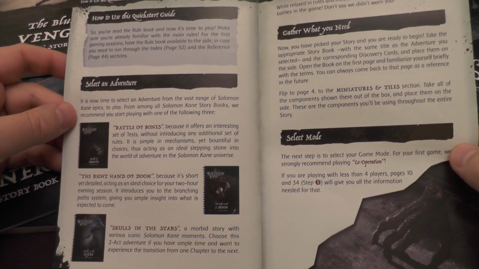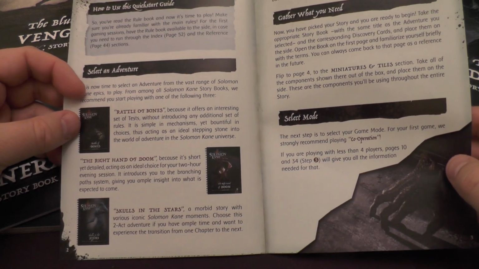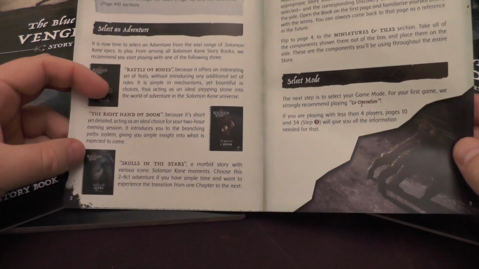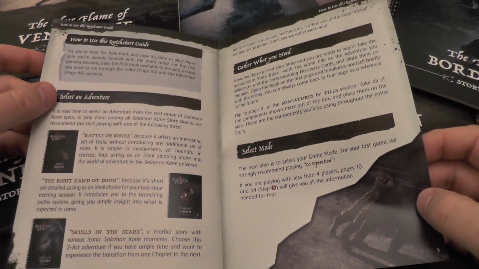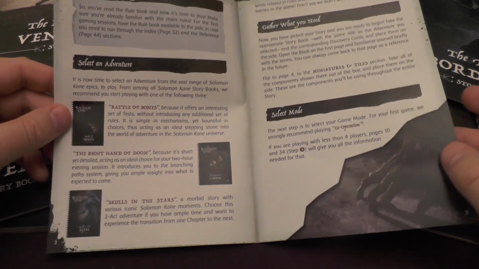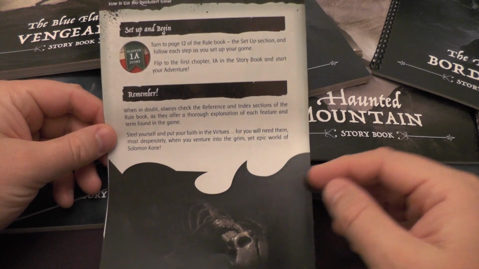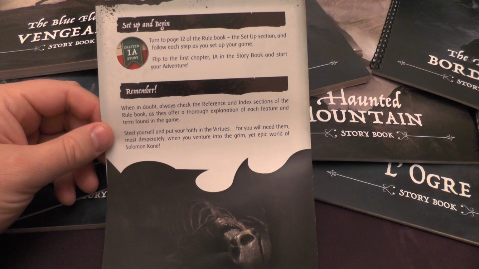recommends that you start with one of these three: Rattle of Bones, The Right Hand of Doom, or Skulls in the Stars. I think we will start with Skulls in the Stars, and I'll see how many people are interested in the videos and see how far I go, but we'll start with that one and see how we get